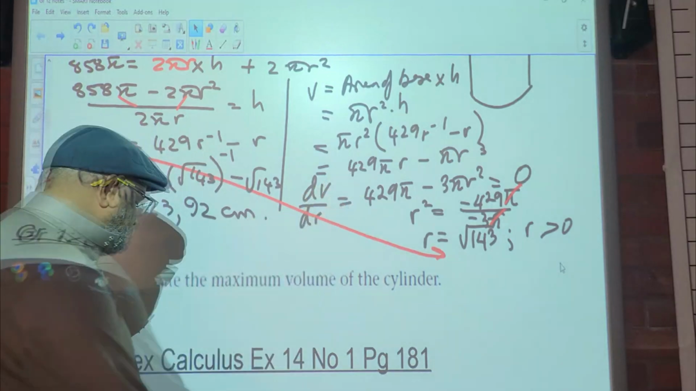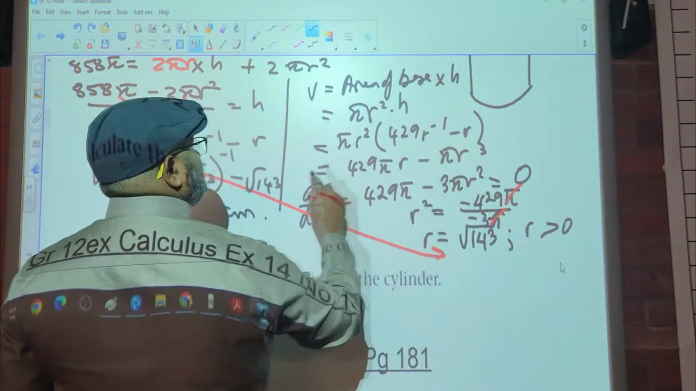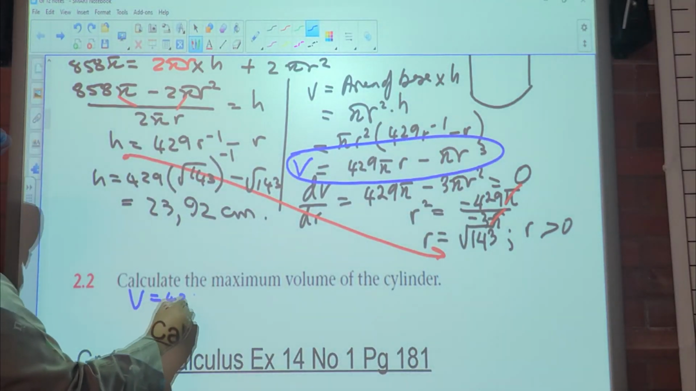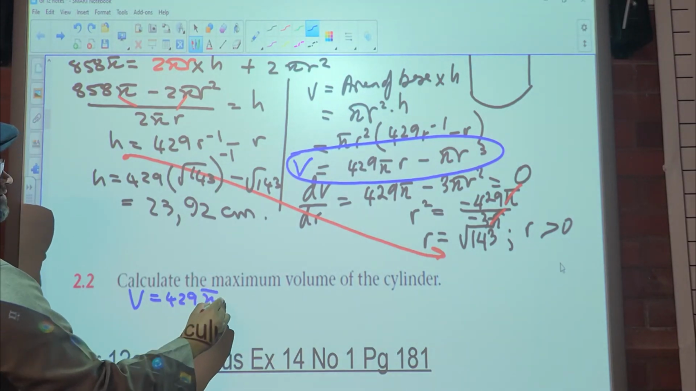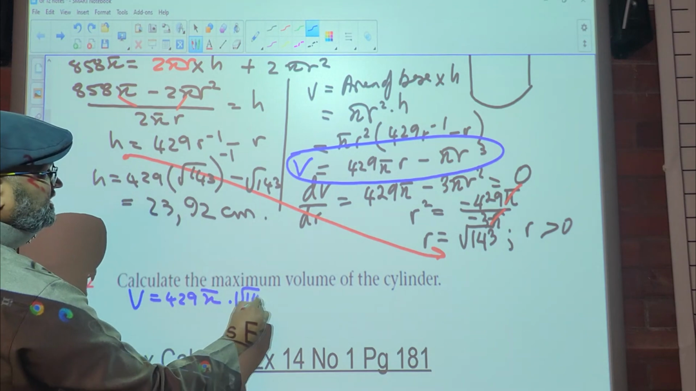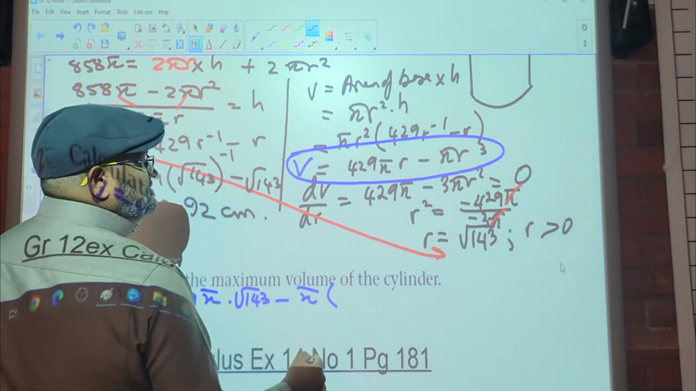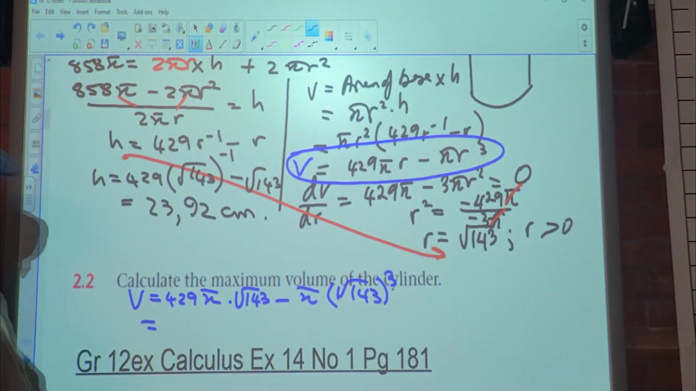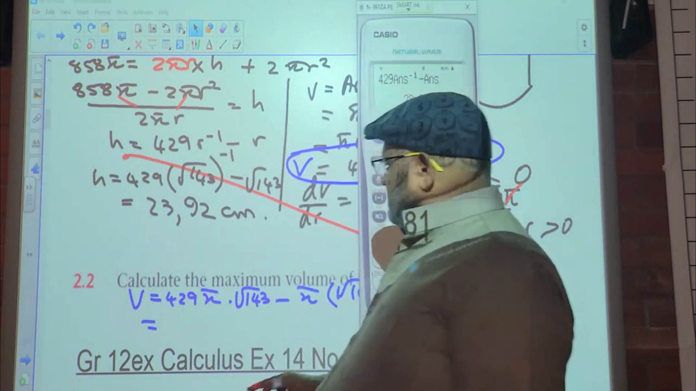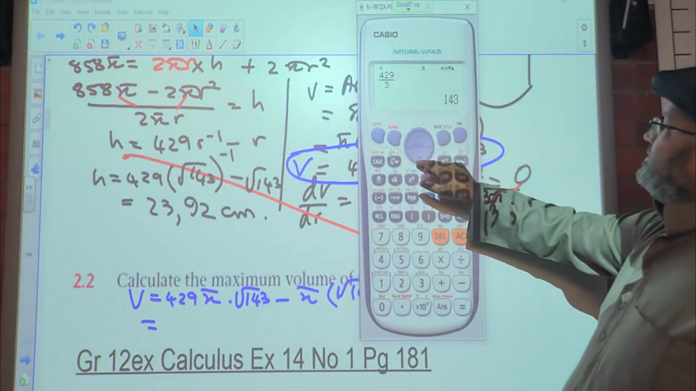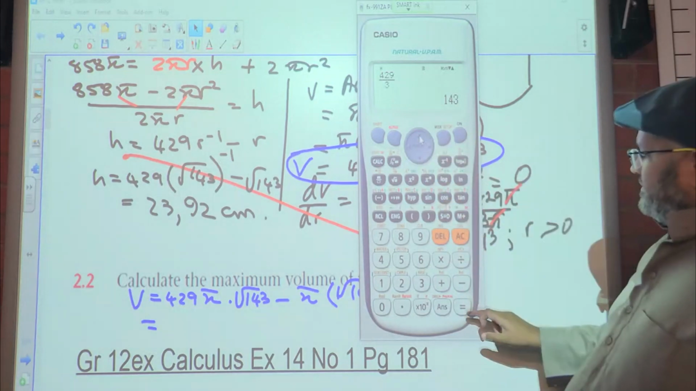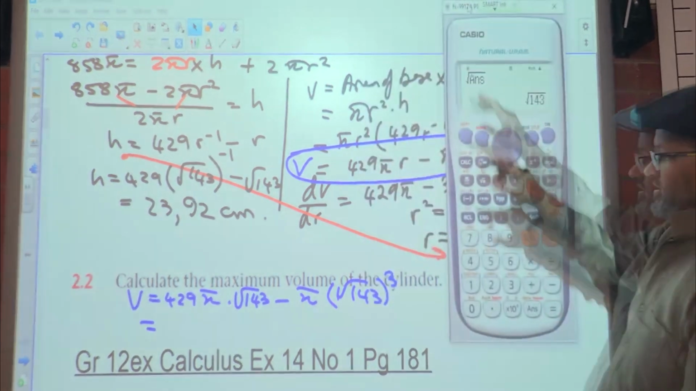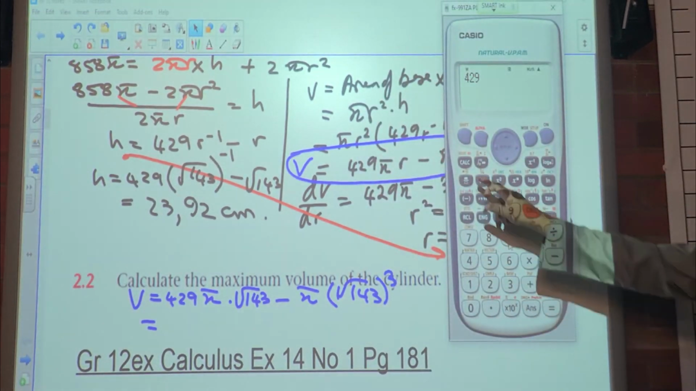Otherwise, if I use this formula here, remember that is also the volume. So the volume is equal to 429 pi times the radius of root 143 minus pi times the radius of root 143, cubed. Okay, so let's just get that 143 here. Square root that out. Alright, so this is going to be 429 pi